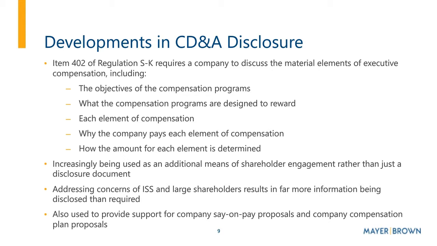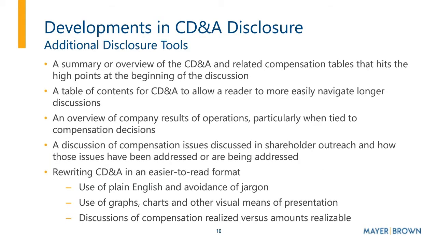Some common changes that we're seeing companies make include a summary or an overview of the CD&A at the outset that really hits the high points, a table of contents for the CD&A to allow the reader to more easily navigate the longer discussions, and an overview of company results, particularly when results are